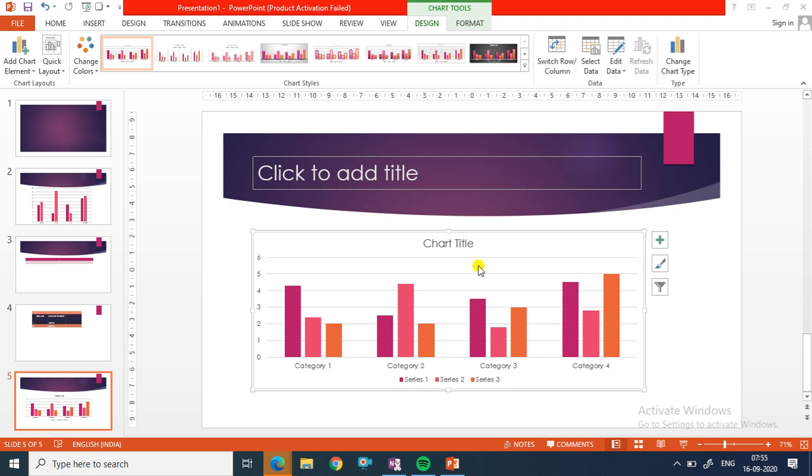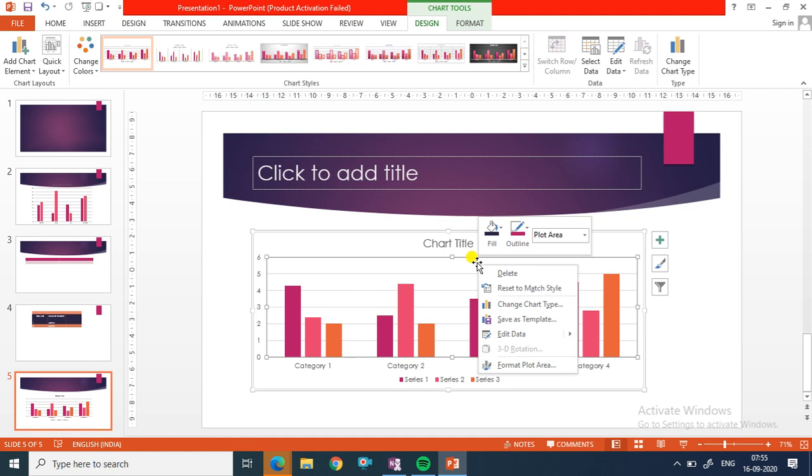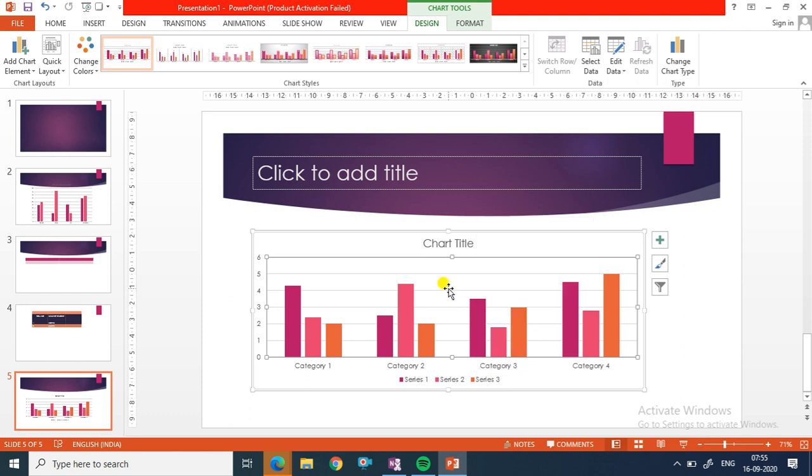Now I will show you how to change the chart type. You can change the chart type using two ways. Just right click on the chart and click on change chart type. As soon as your chart is created, under chart tools, two tabs appear, design and format.